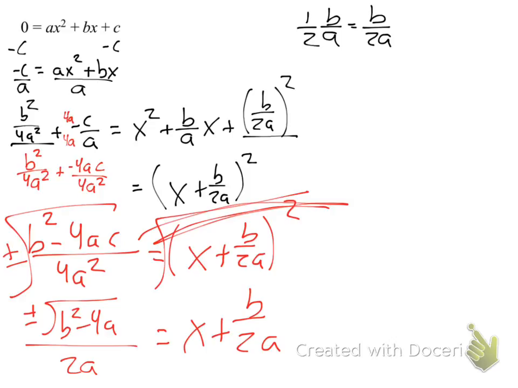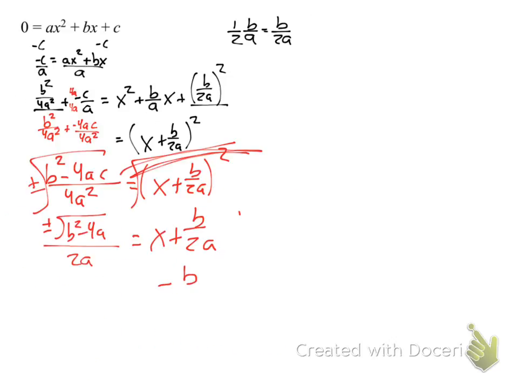I know what this is. We already square rooted. I now have to subtract b over 2a. Guys, the same rules apply. When I move something away from x, it goes where? It goes to the other side, okay. But there was a certain place I told you. Yes, in front. So it's minus b over 2a